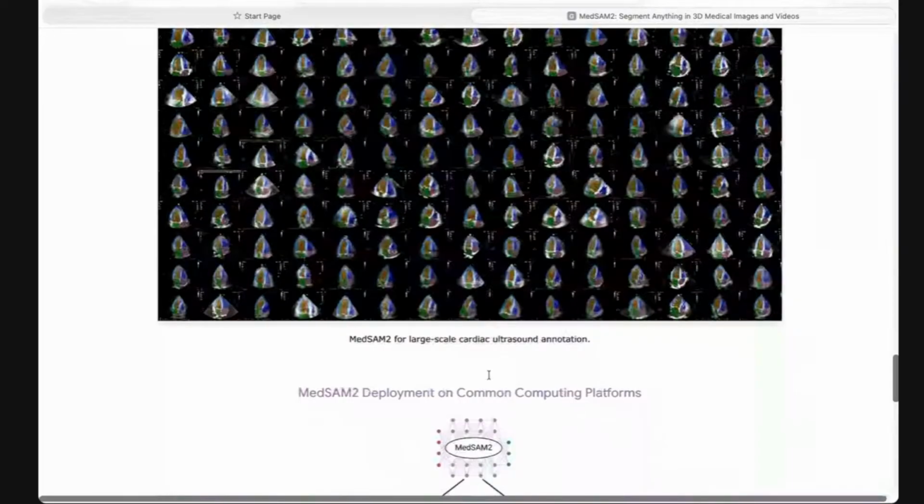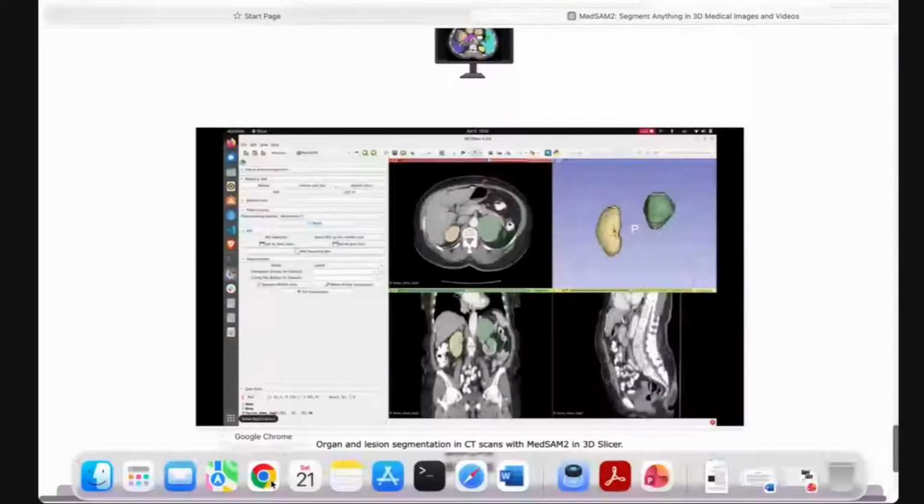like global image segmentation and things. And they released a